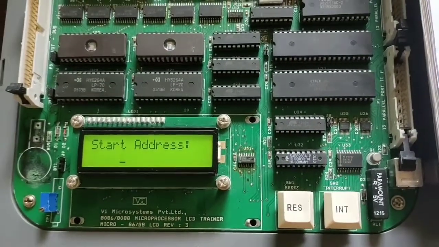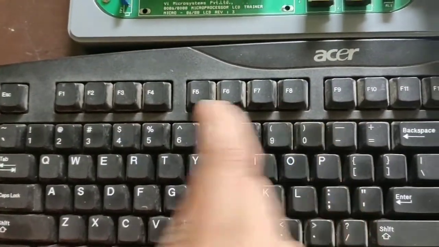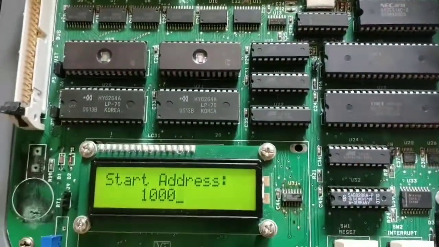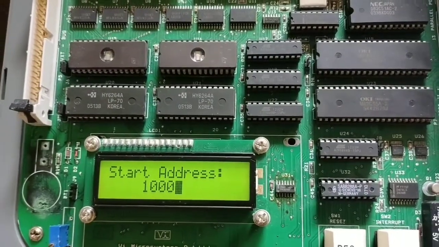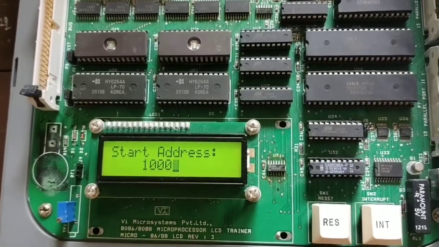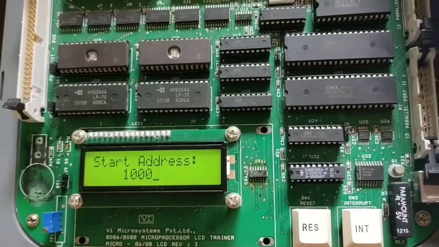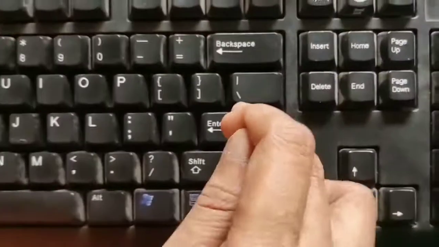It is asking for the starting address, so I am typing 1000. This is the inbuilt starting address for this microprocessor kit, which is why we enter it like that. Then press enter.